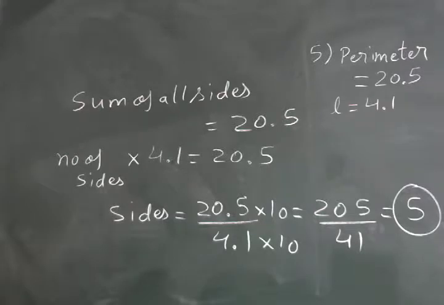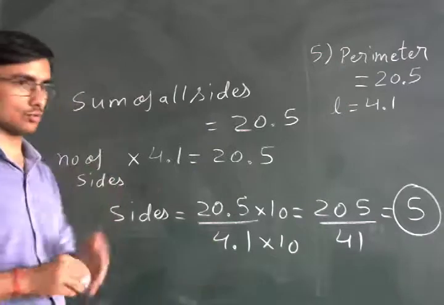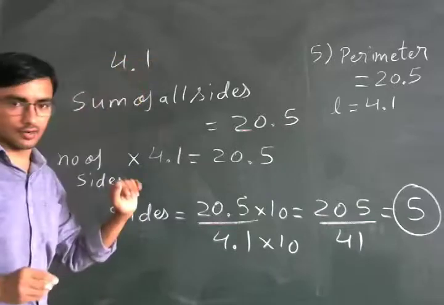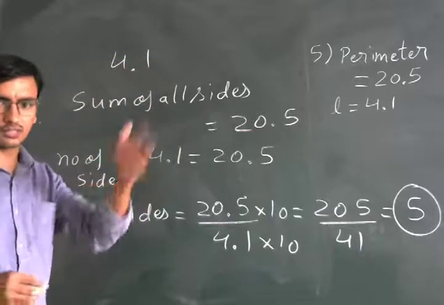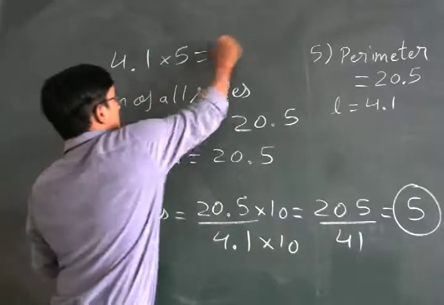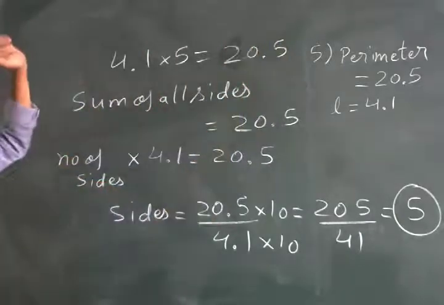Okay, very good. Thank you. Sir, first I did 4.1 into 5. So I got 20.5. So I wrote pentagon. Very good, that is also fine. One side is given, so he just guessed directly. Okay, what did Jain do? The side is 4.1. Now you are saying a polygon has some sides, 6 sides, 4 sides, so he checked from the options. He just multiplied, so he also got 20.5. Okay.